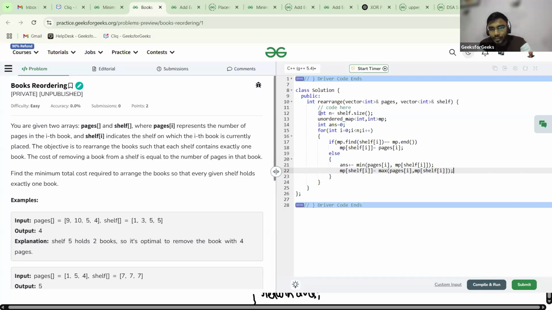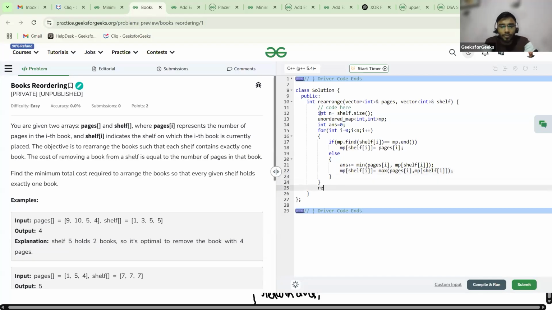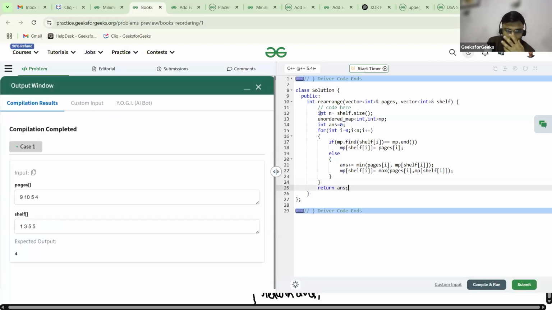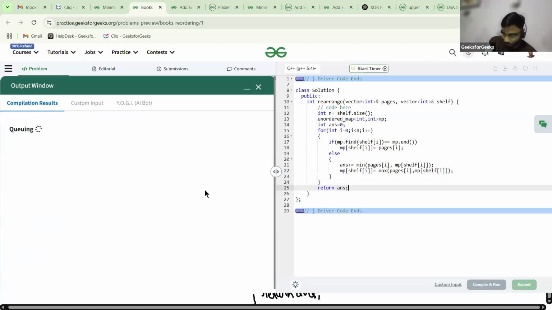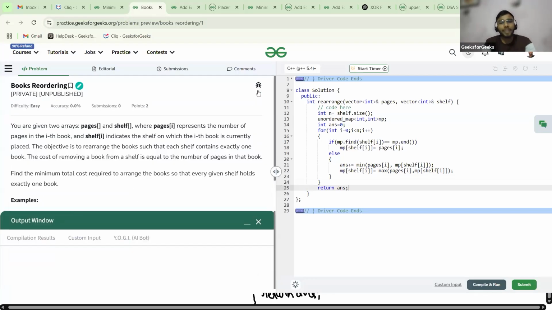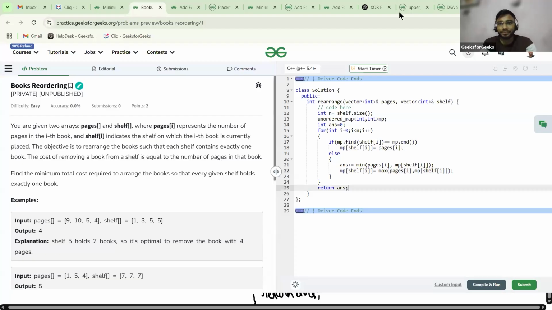Now, yes, it is fine. After the loop, can I return my answer? So all the test cases of this question have passed. Let's jump to the next question.